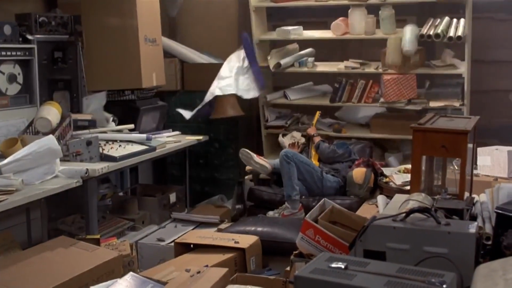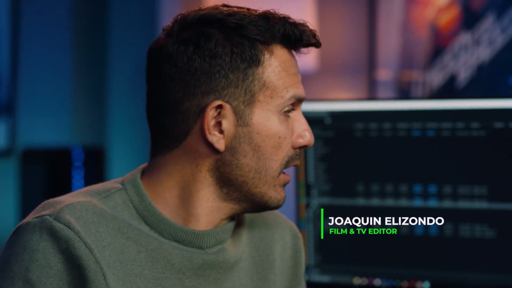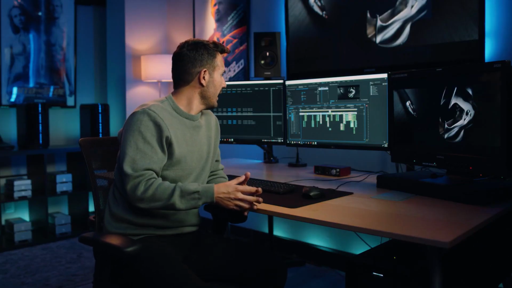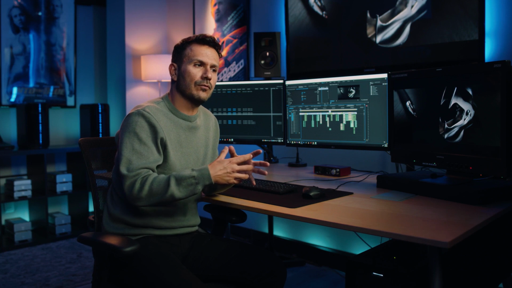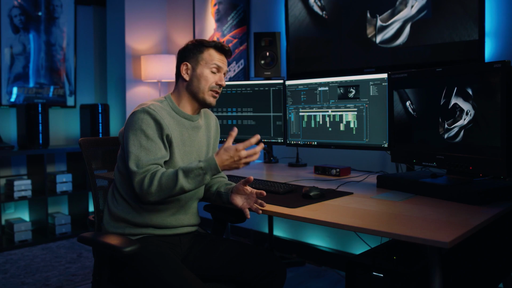Now we're gonna dive a little bit into audio and talk about audio sweetening. As editors, sure, we are focusing on picture a lot, but there's the whole audio and sound aspect of this. Even though there will be a sound team that works on creating sound effects and a soundscape, we as editors have to create some sort of reference for the sound team and also see how it helps our storytelling process, right? So we have to create our own sound effects, our own sound design, and part of